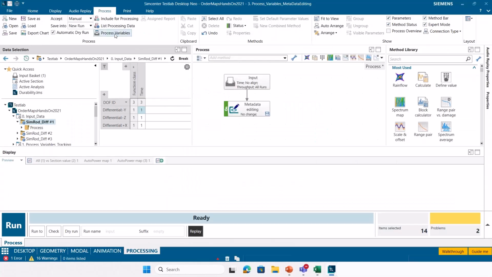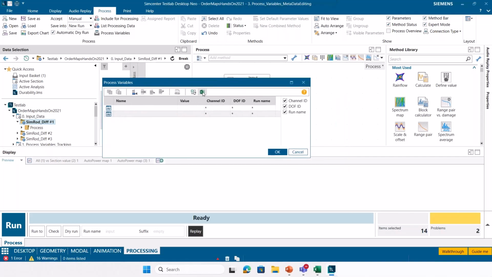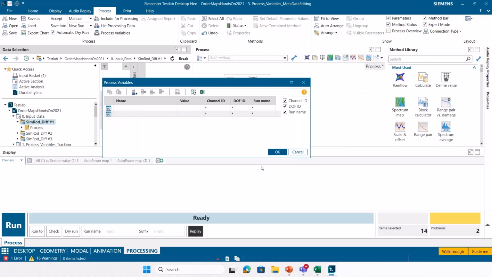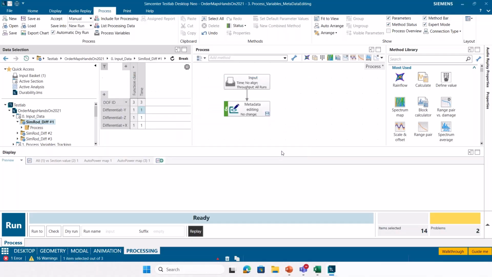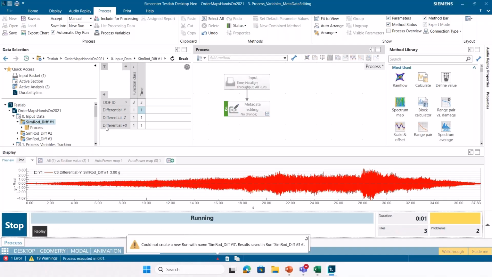So in TestLab, I could either manually enter that table, or I could import this information from Excel. So I'm going to import this directly from that Excel file. You can see that these variables get imported into the application. I'll select OK. And then I'm going to go ahead and run my process here.